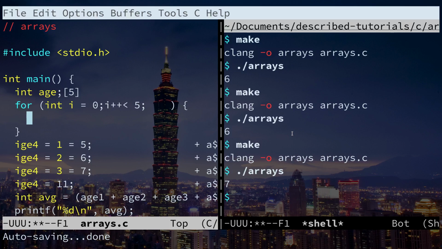So let's do something with it. What's something I might want to do? Let's use printf, and let's say I want to ask the user to put in an age. So printf("Age: ");